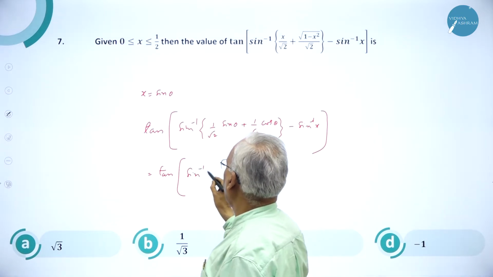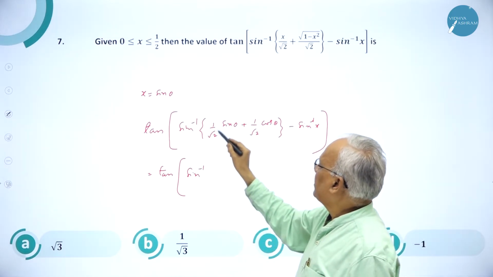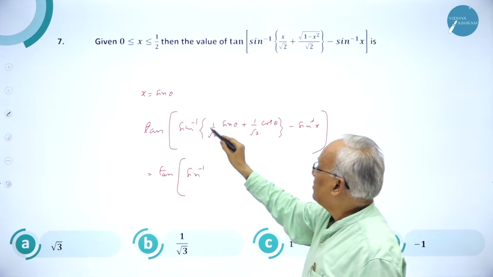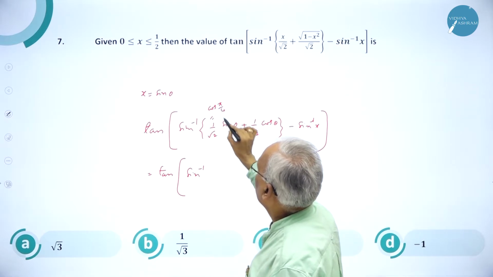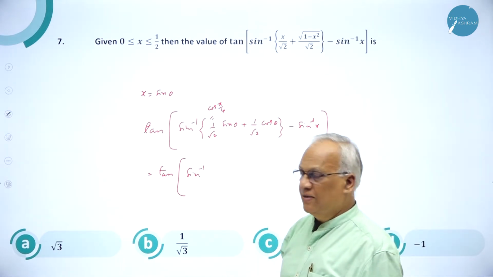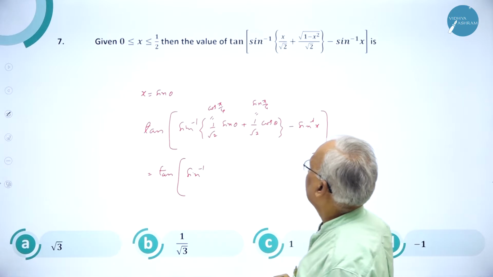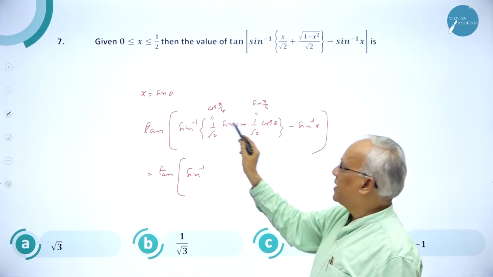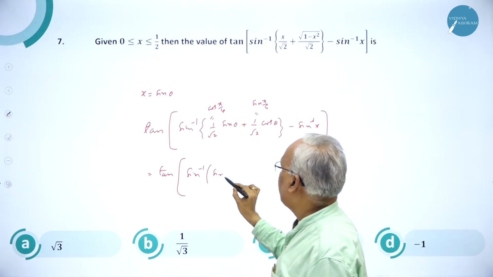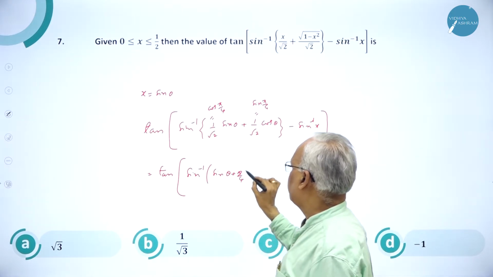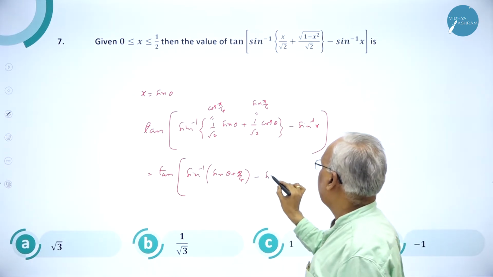sine inverse of. Now if you have sine inverse, try to make it a cos of something. If it is cos inverse, make it a cos. So you have choice. See, this can be taken as a cos pi by 4. You know, cos 45 degrees, cos pi by 4 is 1 by root 2, and sine pi by 4 is also 1 by root 2. I make it sine pi by 4 here. See now, it is in the form sine x into cos y plus cos x into sine y, which is sine of theta plus pi by 4. It's very, very easy to understand. Sine a cos b plus cos a sine b is sine of a plus b.